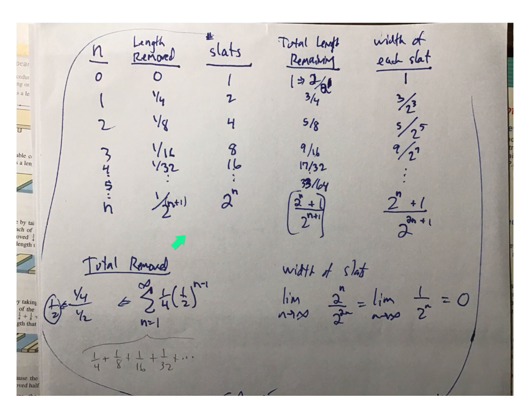And we can answer this question right off the bat. How much total table was removed if we've removed a quarter and then an eighth and then a 16th and then a 32nd? Well, that's just a geometric series. It converges because the common ratio is just a half, which is smaller than 1. And the infinite sum is the first term divided by 1 minus r, which is 1 minus a half, or half. So you can see that we can do this forever, and